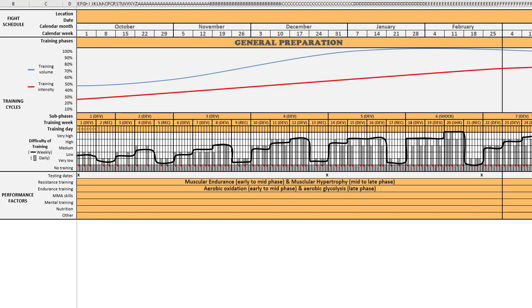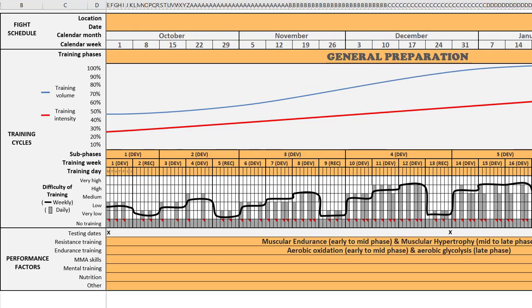Okay, so now we're going to talk about the sub-phases as we go. So I'm just going to zoom in a little bit here, so bear with me. Okay, so here we're looking at the zoomed in view of the general preparatory phase. The next thing that we need to do is schedule workouts for the first sub-phase. So you're going to need to first off decide on how often and on what days you can work out. Now here we're just focusing on your endurance and resistance training workouts, but you obviously need to build this around your MMA specific training workouts.